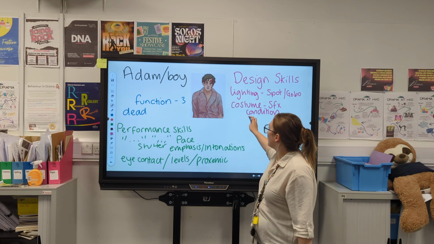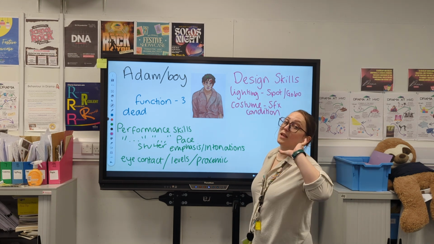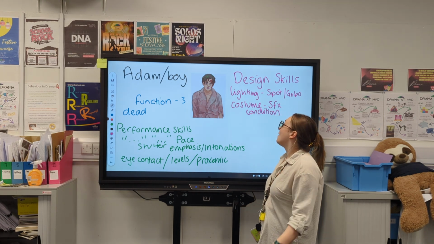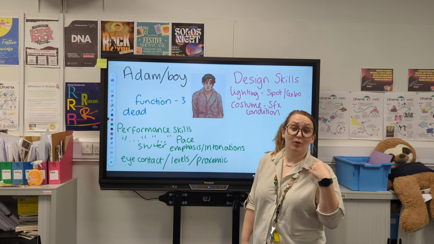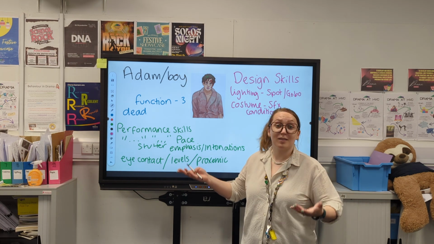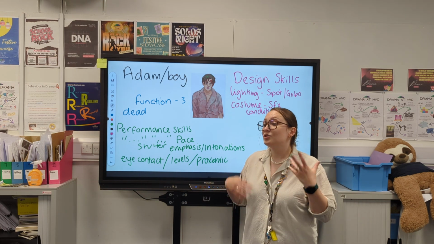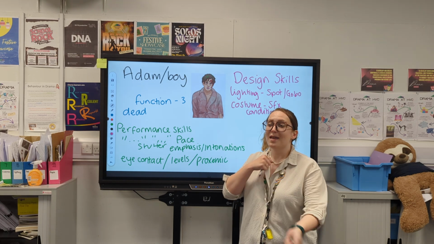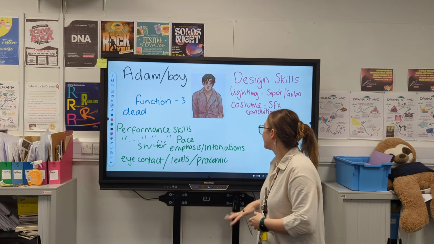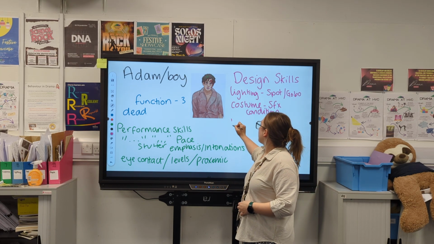And the other thing is as well with the costume, because we're going to give him like this school uniform vibe, it's really, really easy for schools who probably are the types of people to put on this play to find those bits of costumes and to DIY the damage themselves. If we're talking about props